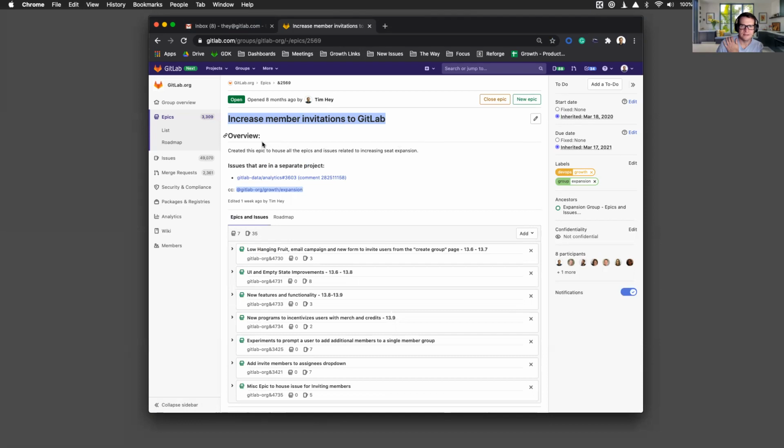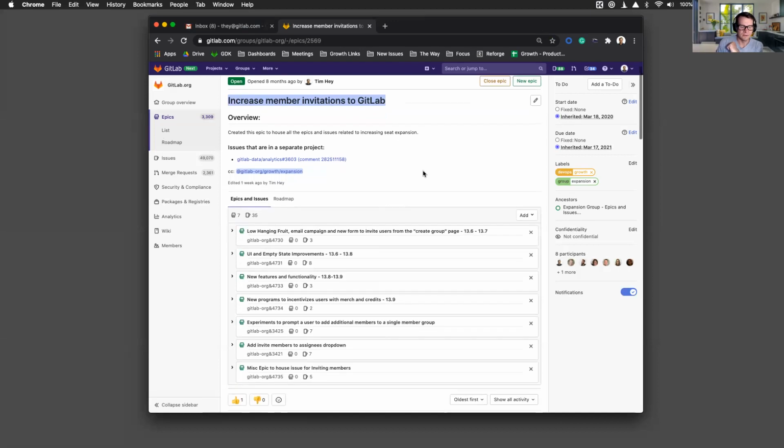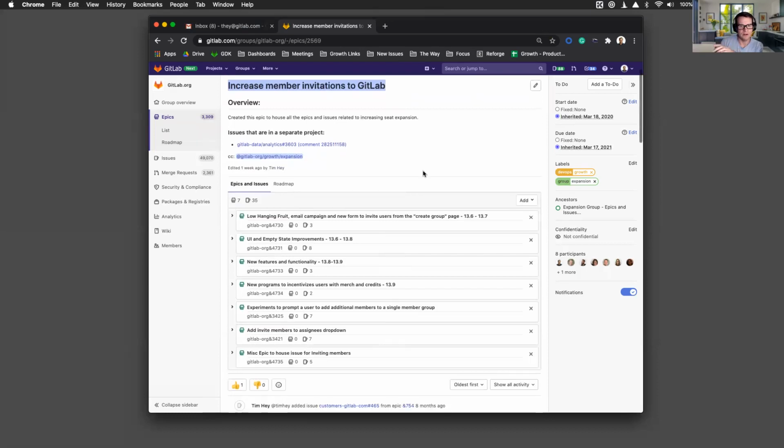The overview is pretty light at this stage of the game, but I think it does a good job of just saying, hey, this is why we've created this. It's like that meta epic, or that parent epic, so we can have child epics underneath it that then allow us to cascade the roadmap once they've been created. So that's what this actual parent epic is for. It's really just to house the child epics for all of the work that we're planning on doing.